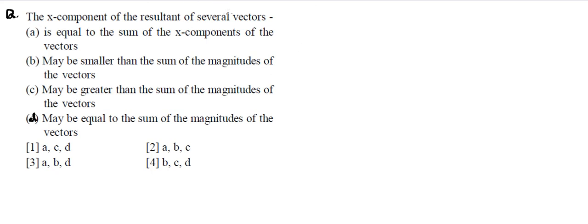Okay, so let's talk about how to add several vectors. Resultant means addition and several vectors means more than 2, or that can be any number of them, right? So we have understood one way of adding several vectors. If we have been given a vector in this direction, let's say this is f1, what we can do is make a component in the x direction and a component in the y direction. We can call it f1x, that means the x component of f1, and we can call it f1y.